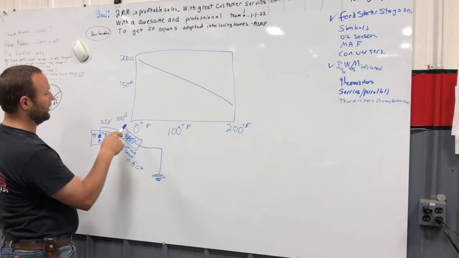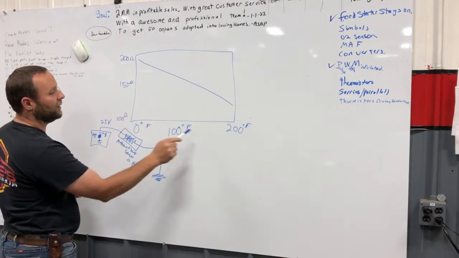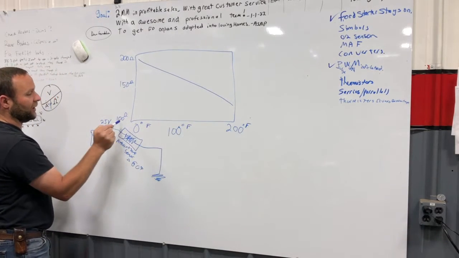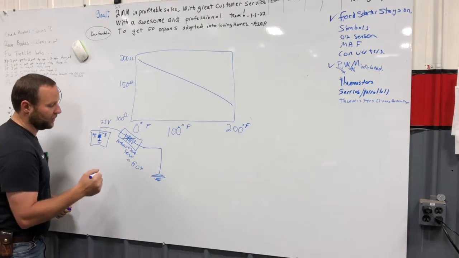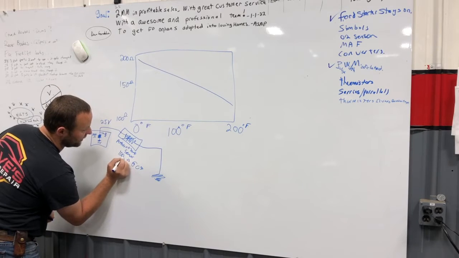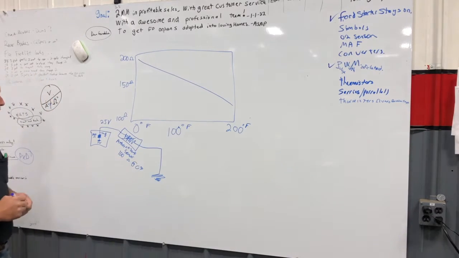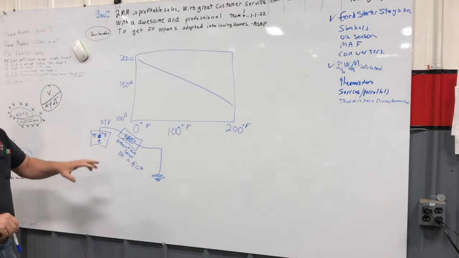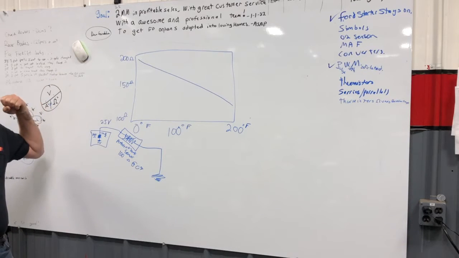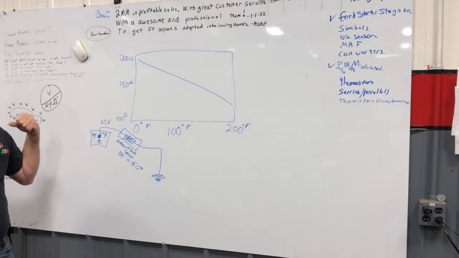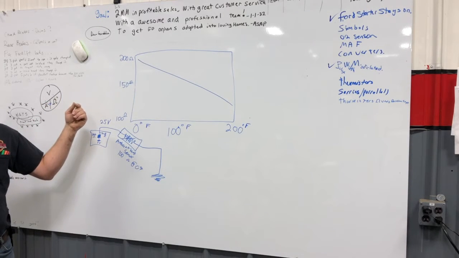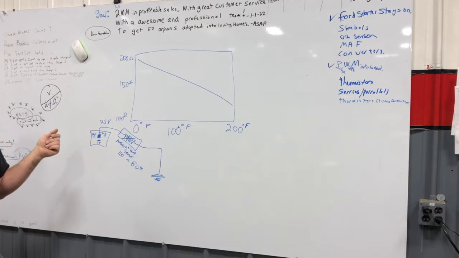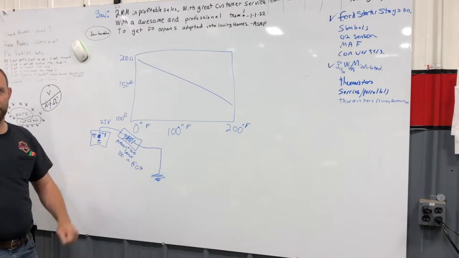So we're going to drop this down to 200 degrees Fahrenheit, and we're going to put that to 100 ohms. This is more like Arnold Schwarzenegger, not quite that much, but let's put that at 100 ohms. Lower ohms can do more work. Lower resistance does more work. High resistance is closer to a wire being completely open. A wire completely open is OL, out of limits. It's like a burnt-out light